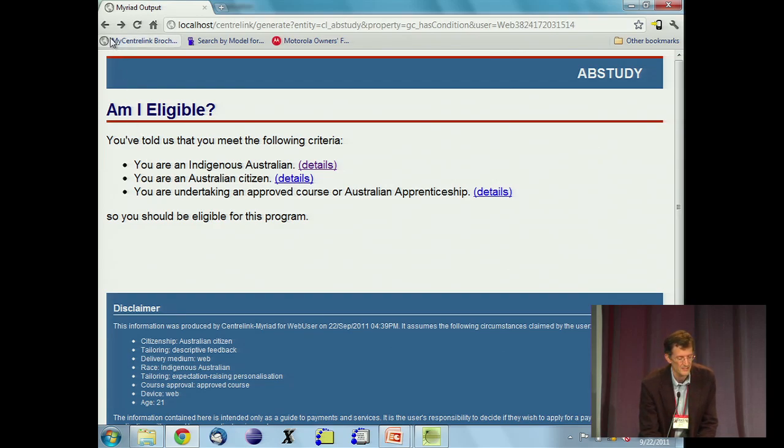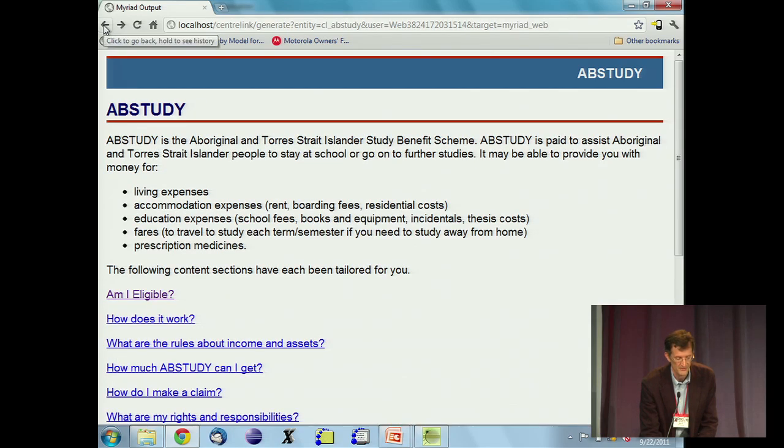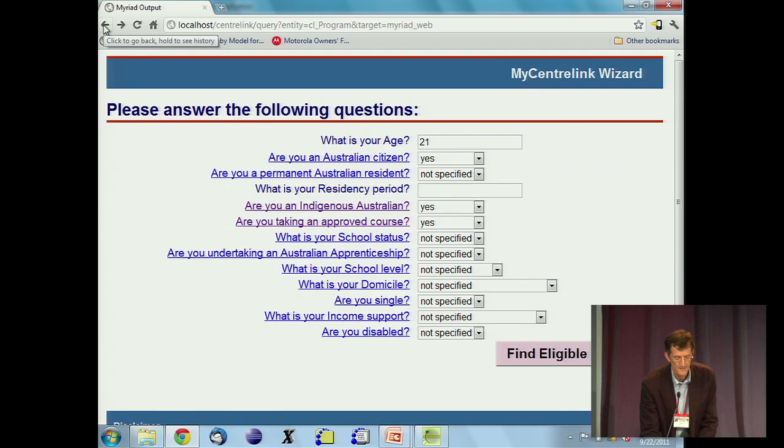And there was a third expression of this that may be less obvious than the first two. That was on the very first page, the query wizard itself, which is automatically generated. Are you an Indigenous Australian? Again, a fairly related form, but different and used in context. Okay, and so those are the three basic forms that our system is producing at the current moment for conditions: the obligatory, the declarative, and the query.